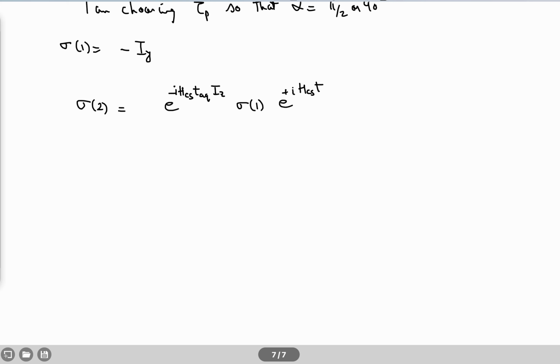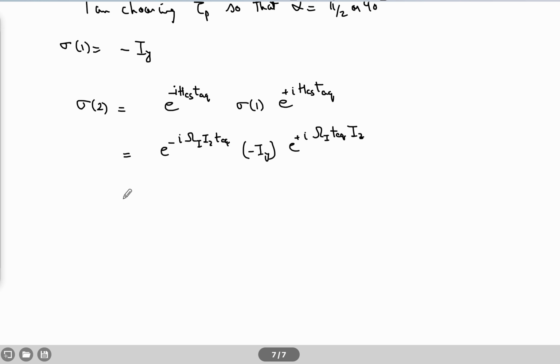So this Iz will actually come from chemical shift itself, for the duration of acquisition time. Okay, now what will I have here? So this will be e to the power minus i omega Iz and t acquisition, and instead of sigma 1 I will write now minus Iy and e to the power plus i omega t acquisition